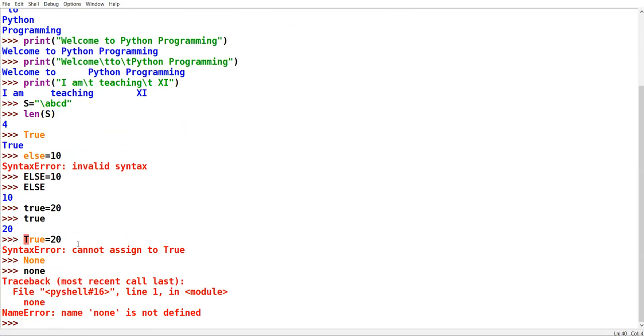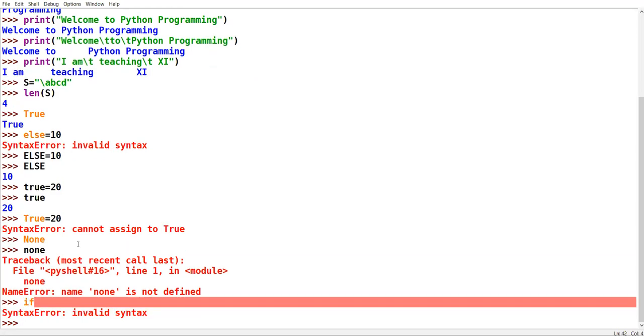So all the other keywords like if, then you have else, then you have elif, then you have break, then you have continue. All these are keywords. For, while. Okay, all these are keywords. Int. Clear?